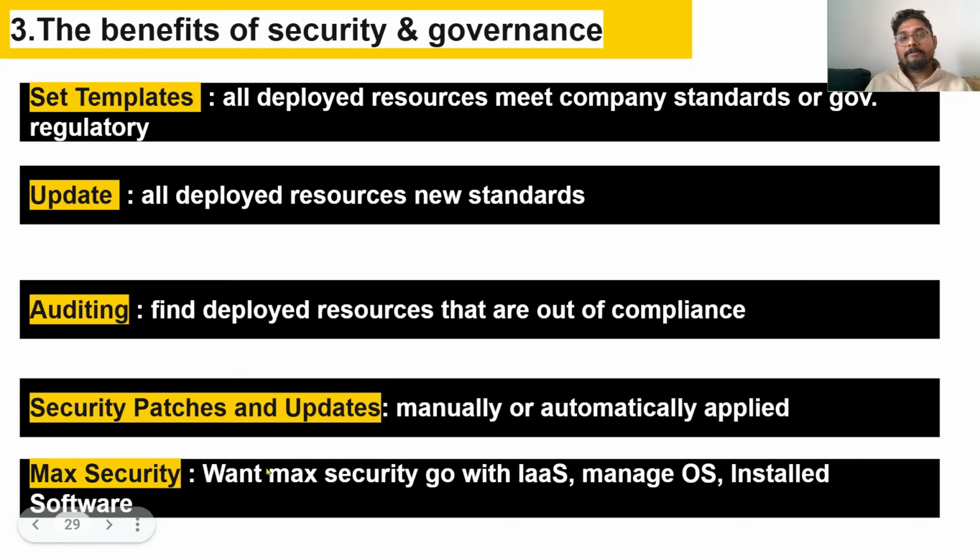Maximum security. For example, I want to take control of the machines, what OS should be installed, what software is to be installed inside the VM. I would like to take the maximum control, so that means high security. It is completely controlled by me. In that case, I would go with IaaS, infrastructure as a service. That means I'm getting the infrastructure, the VM, the components, the physical components and all that through the internet.